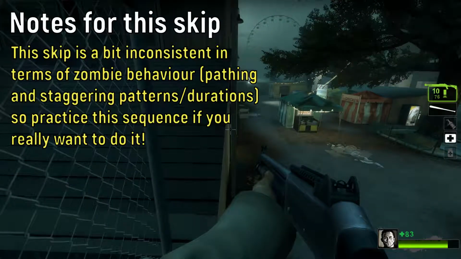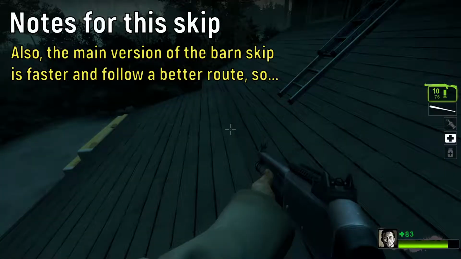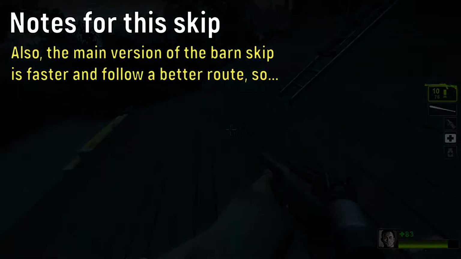This skip is a bit inconsistent in terms of zombie behavior, things like AI pathing and staggering patterns and durations, so practice this if you really want to do it. Also, the main version of the barn skip is faster and allows a better route anyway, so...